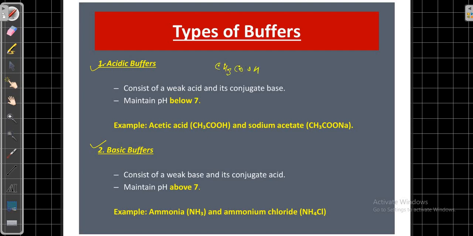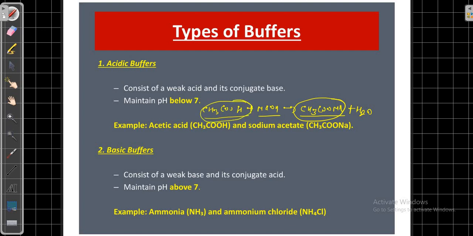CH3COOH क्या है, वीक एसिड, और इस वीक एसिड का स्ट्रॉन्ग सॉल्ट जैसे कि NaOH है, इसके साथ में हम इसकी रिएक्शन कराएं तो हमको मिलेगा CH3COOH प्लस NaOH। वीक एसिड ने स्ट्रॉन्ग बेस के साथ रिएक्ट करा और बनाया गया CH3COONa, मींस दैट इज द conjugate base of the weak acid plus H2O। तो ये CH3COONa और CH3COOH का जो मिक्सचर है, ये हमारा एग्जाम्पल